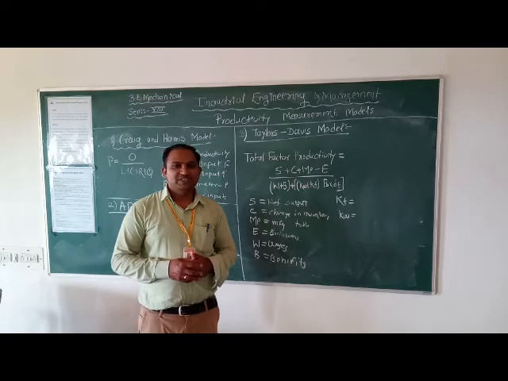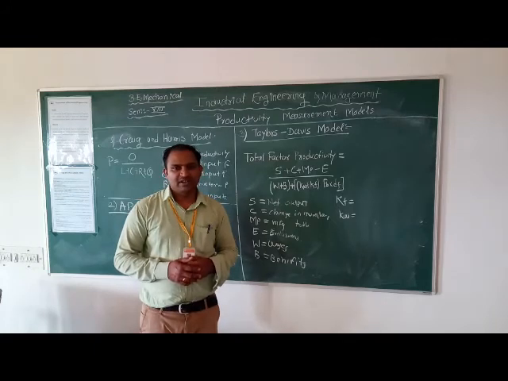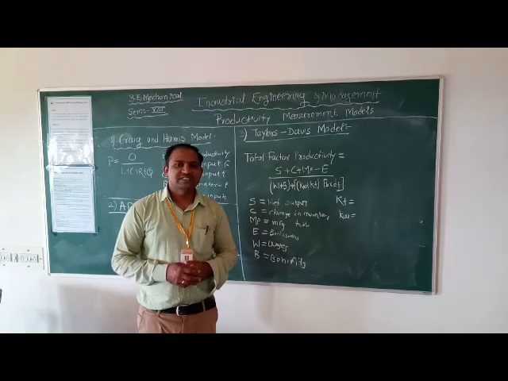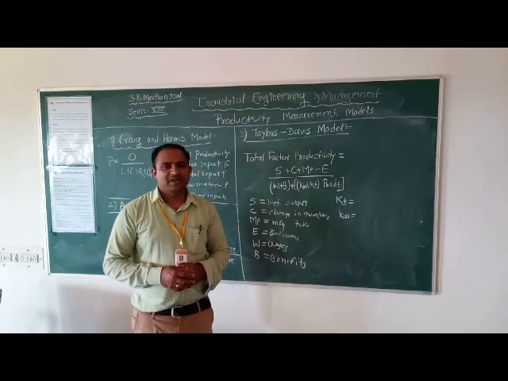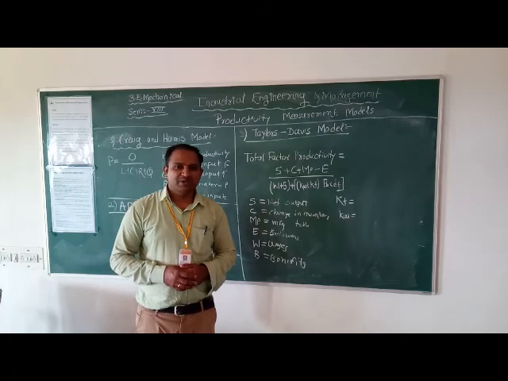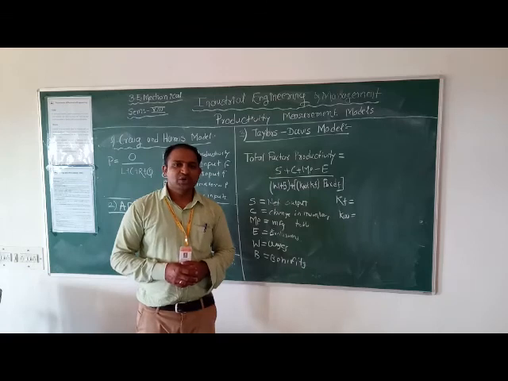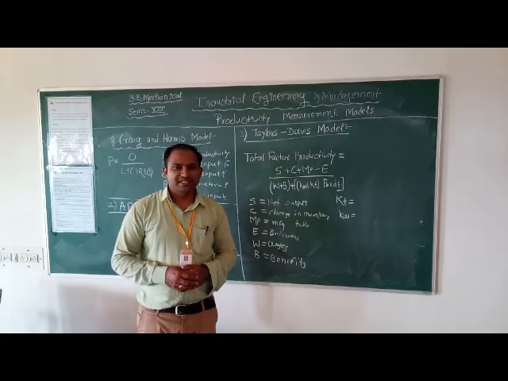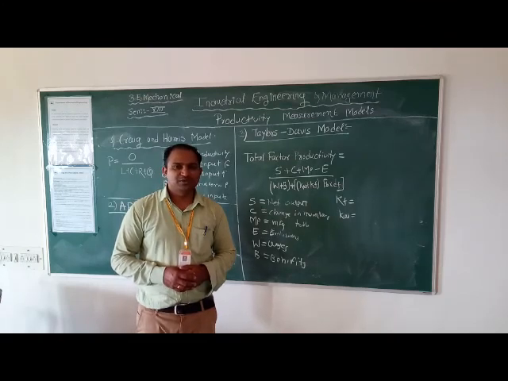So here we see the three types of models: the Craig and Harris model, the Taylor and Davis model, and the American productivity model. Out of these, the Craig and Harris model is used for service models. The APC, that is the American productivity model, is used for the relationship between productivity and profitability, and the Taylor and Davis model is used to calculate total factor productivity, that is the comparison of net output to the number of inputs. It is the opposite of Craig